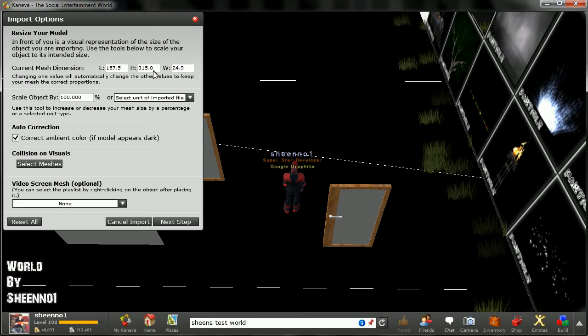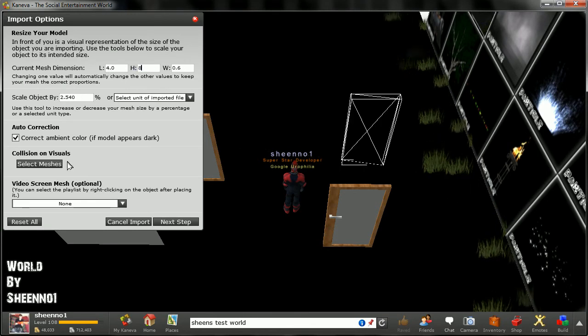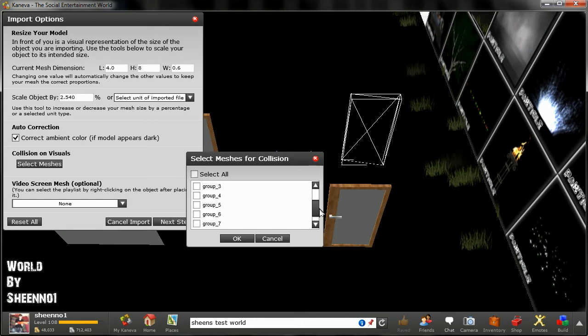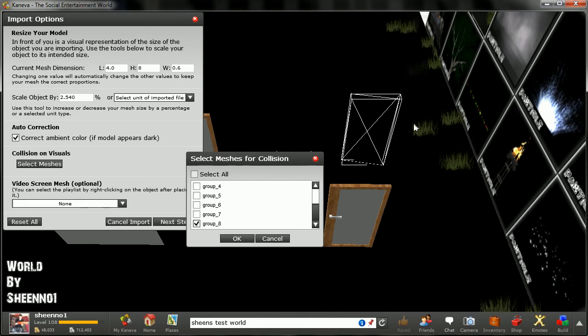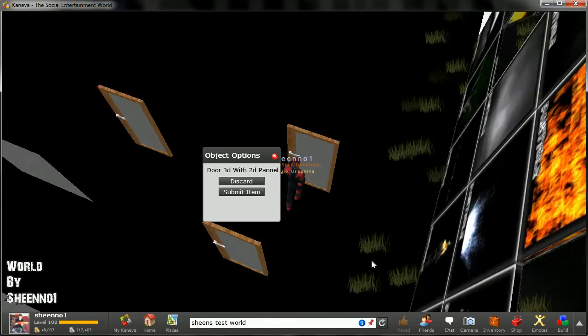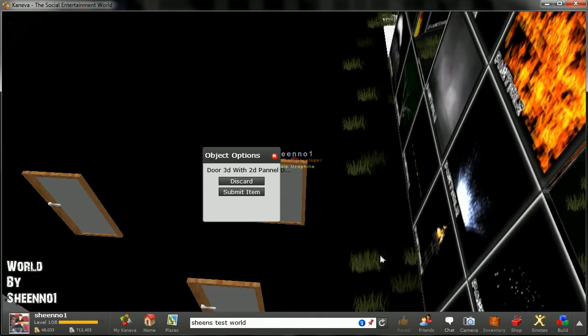I can go to 3D model, set my size, then select collisions, and just turn everything off, so everything's off. And then the very last one in the bottom of the list, turn that back on, because that's the last thing I made, which means it's the last group on the list, and that must be my panel. Okay, so this is my 2D panel, everything else is turned off. So now when I click next step, you will be able to run through the door. As you can see,